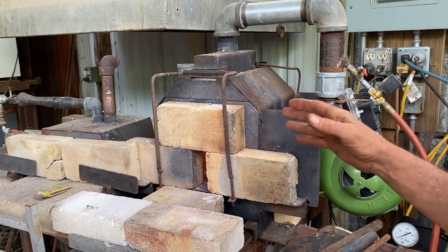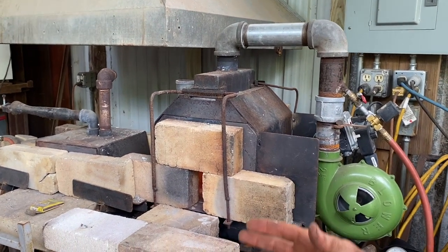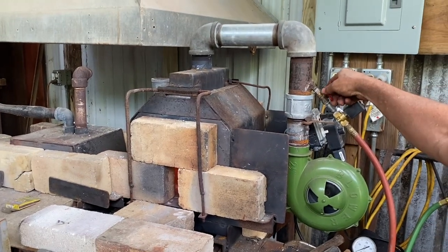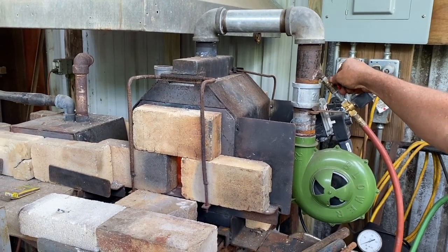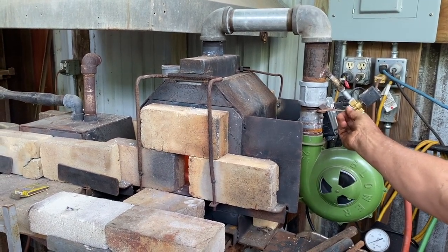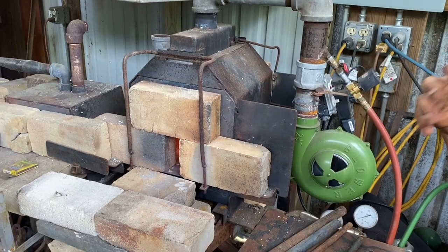Now, not too much flame coming out, not too much air pushing that flame out. If there's a lot of air pushing that flame out, then it's going to get your steel hot. So you want the heat inside the chamber. So what I do is I'll adjust it so that it's got more gas, less gas, and I like to hear that roar. So right about there, and I've got index marks so that I can remember where I had it set up